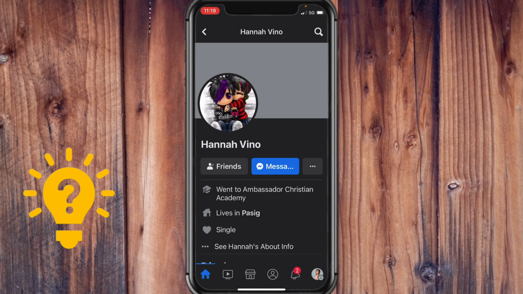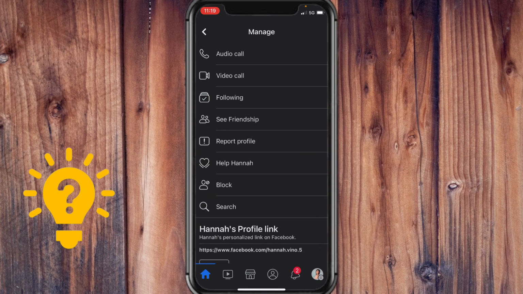And then once you're on their profile, all you have to do is tap on the three dots on the right, the one that's beside the word message. And here the fifth option is report profile. So just tap on that